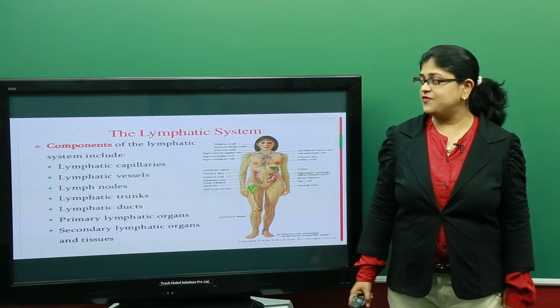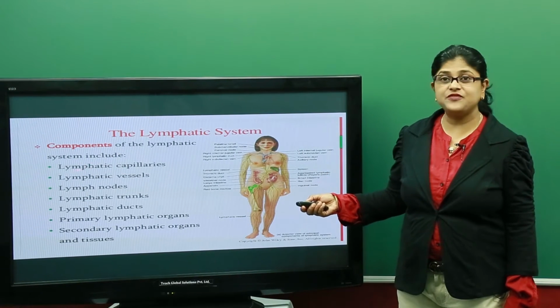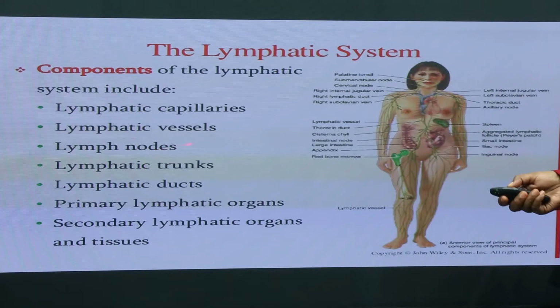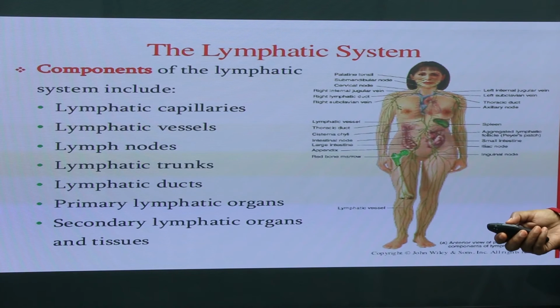The components of the lymphatic system. The lymphatic system is composed of lymph capillaries or lymphatic capillaries, lymph vessels, lymph nodes, lymphatic trunks, lymphatic ducts, primary lymph organs which include the red bone marrow and the thymus, which are known to cause formation of the immunopotent cells from stem cells, that is the T cells and the B cells, and the secondary lymphoid organs and tissues,